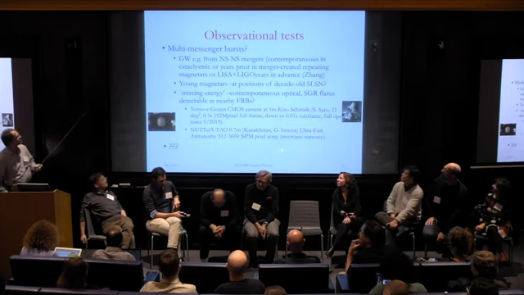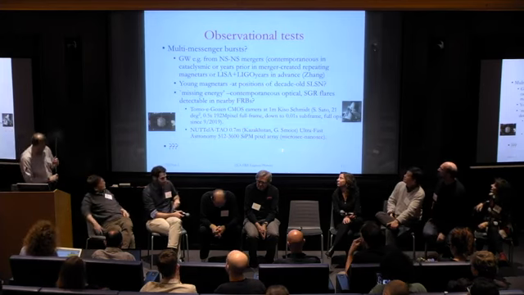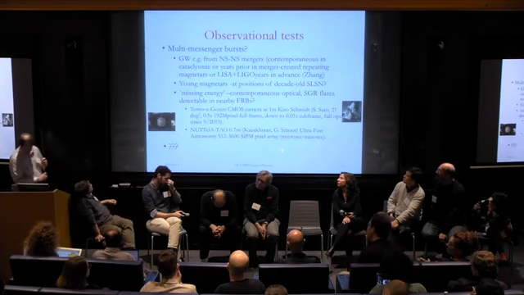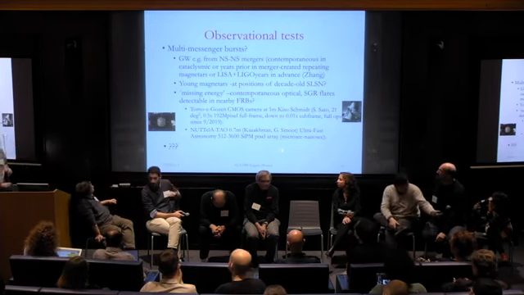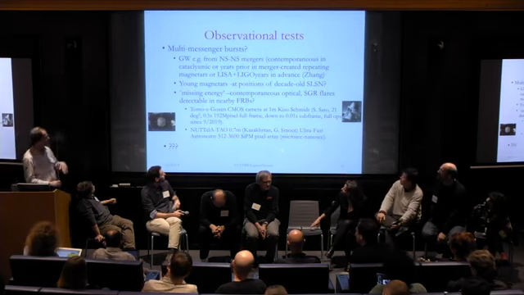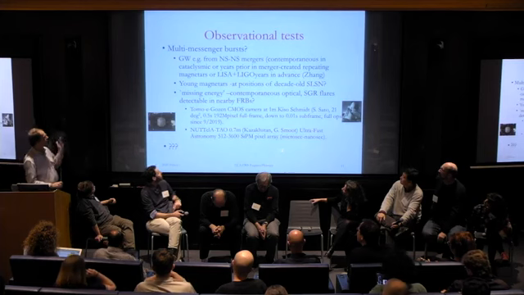I just wanted to move on. I think one useful thing that maybe we could try to do in the last couple of minutes is to think about whether there are any less obvious observational tests. Obviously, looking for FRBs from superluminous supernovae that happened 10 years ago is interesting.